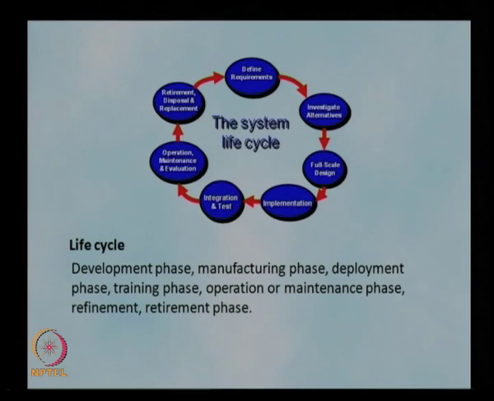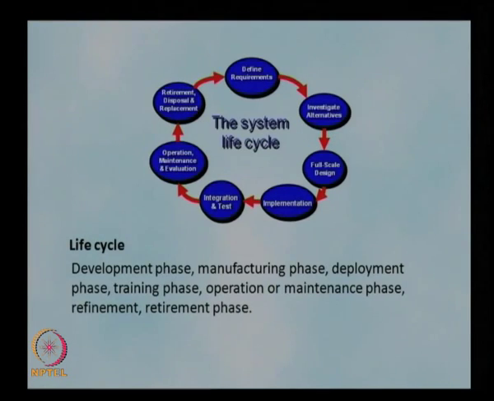So, if you take the development phase, the manufacturing phase or the deployment phase, we need to identify the requirements, define the problem, define the functional architecture, define the physical architecture, identify the interfaces, and identify the qualification system. So, across the life cycle, these processes are applicable. We will develop these 6 functions for each life cycle separately, and then identify the requirements, the functions and the architecture for each life cycle.